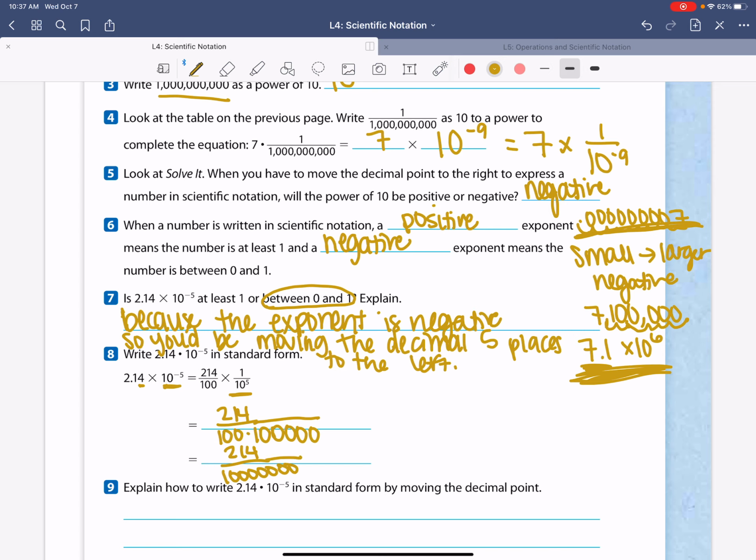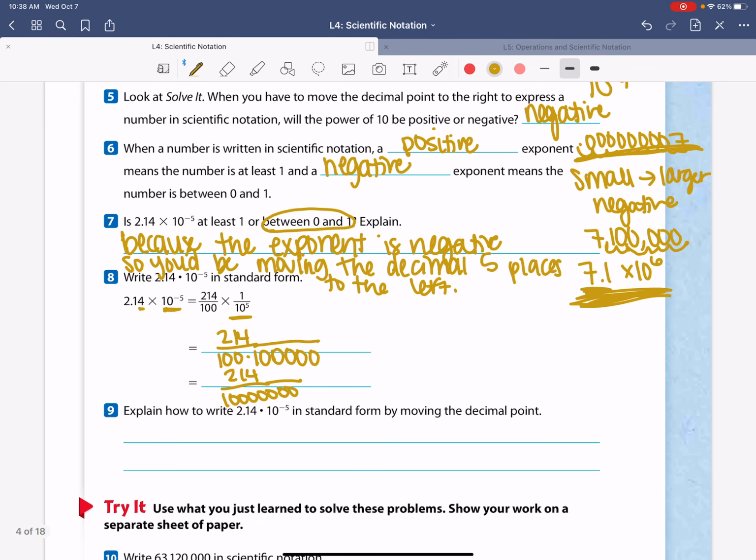Okay, so then if I want to write it in standard form, that's actually going to be equivalent to, I have my 214, and I'm going to move that over 1, 2, 3, 4, 5, 6, 7 times. 1, 2, 3, 4, 5, 6, 7 times. So in standard form, I have 0.0000214,